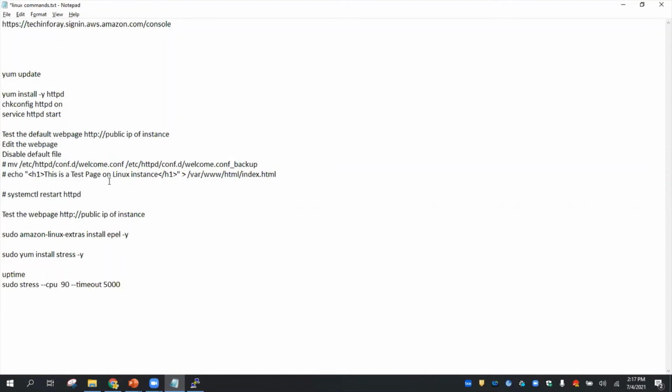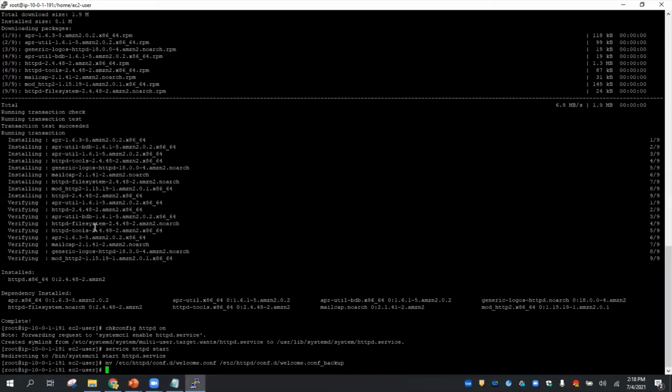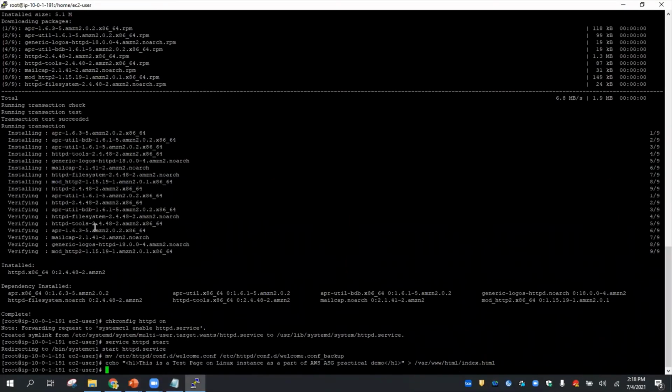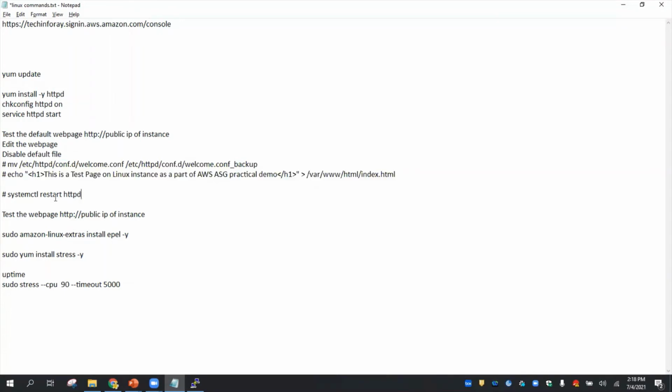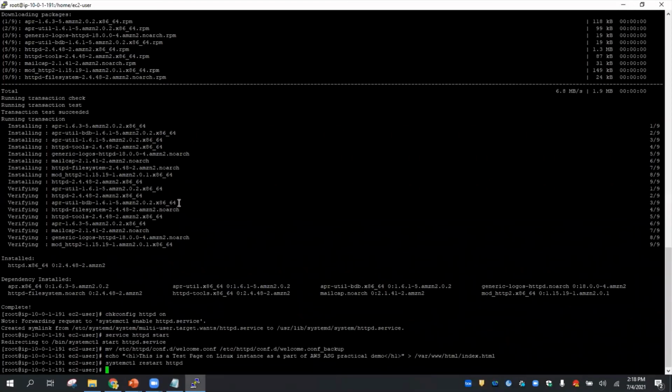This is a test page on Linux instance as a part of AWS ASG practical demonstration. Create the page, restart the service. Okay, now our web server is ready.